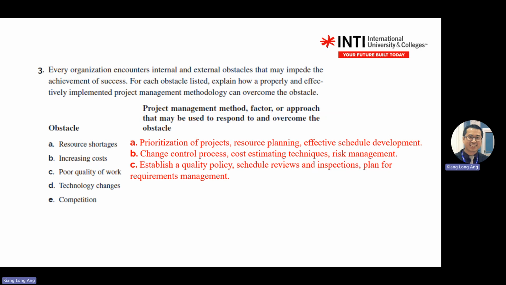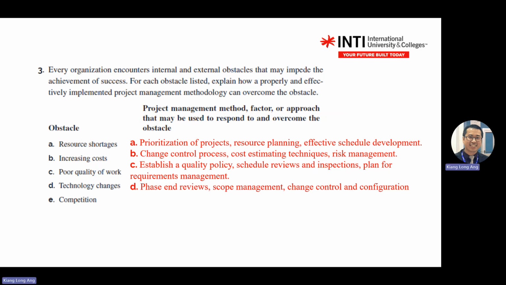Technology change is an environment factor. It means you are handling environment changes. It can be political. This one is on technology changes, meaning there is a new machine coming out and so on. Okay. So for technology changes, you do scope management. You do change control and configuration, and you do phase end review. Phase end review means going back to the phase gate model. So at each phase, you do a review before you release to the next phase.